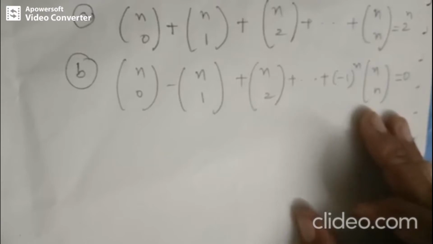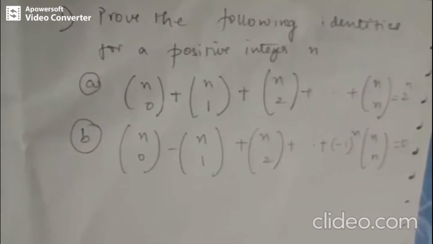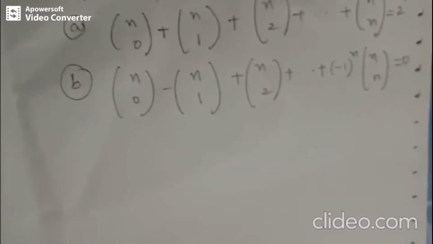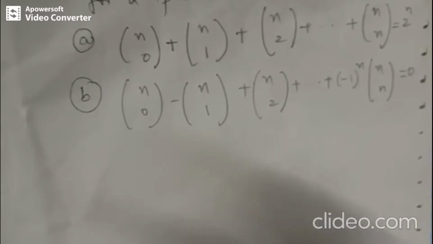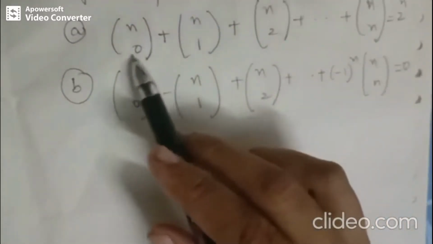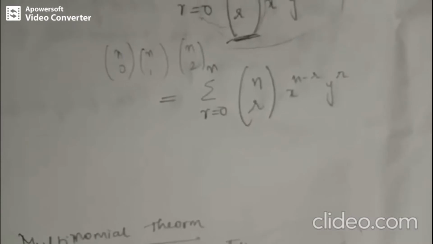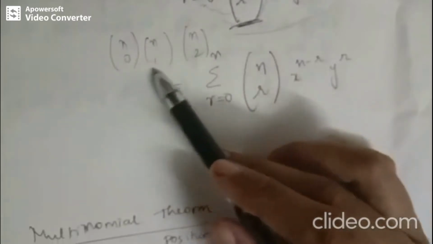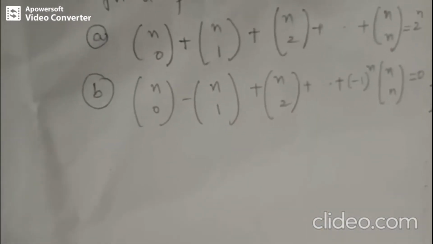While inferring the first sub question, the question does not say whether we have to use the multinomial or binomial theorem, right? But you are given some coefficients, and by these coefficients it is very clear that it belongs to the binomial theorem category. As we have already seen in the binomial theorem, we have these many coefficients. So this applies to the same category. You can observe both of these sub questions belong to the binomial theorem.